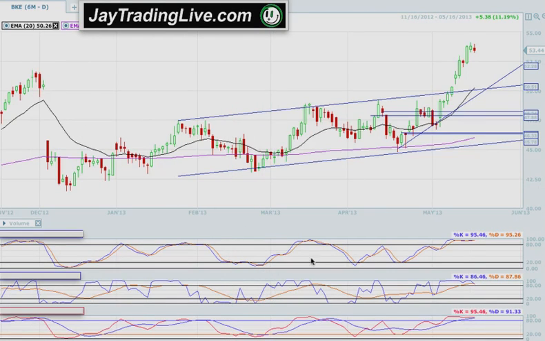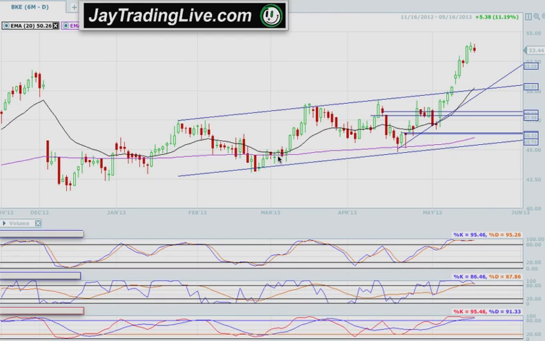Another example on BKE. This is a different example of a V signal, but it's one we use as well. So we've got our blue line coming up, crossing above our 80, and we've got a little pullback, and we shoot right back up above the 80. We've got our orange line coming in right underneath us. So as soon as this blue line crosses right back above the 80, with the orange line not having anything to cross through, we use this 80 line up here as our cross-through indicator. So our blue line crosses up here, we've got upward momentum on our orange signal line, and that would get you into this trade